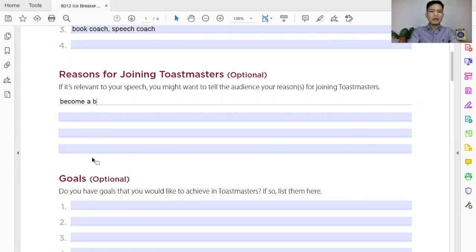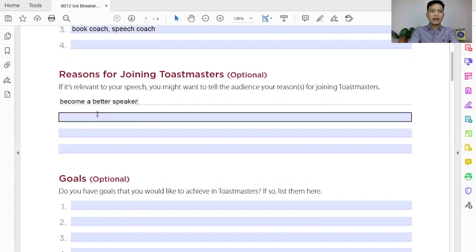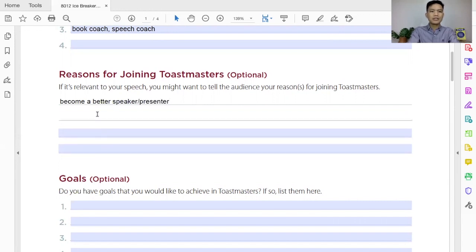Become a better speaker or presenter, right? Also become a better leader at work, especially, right? And also even in family, in the community,